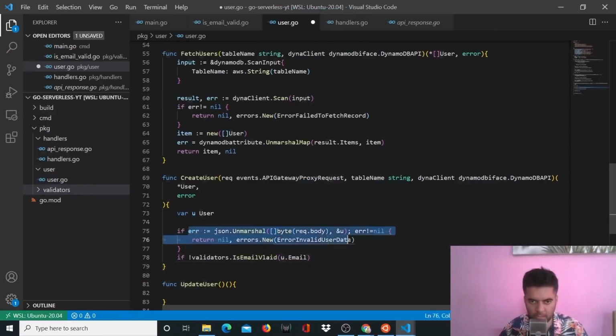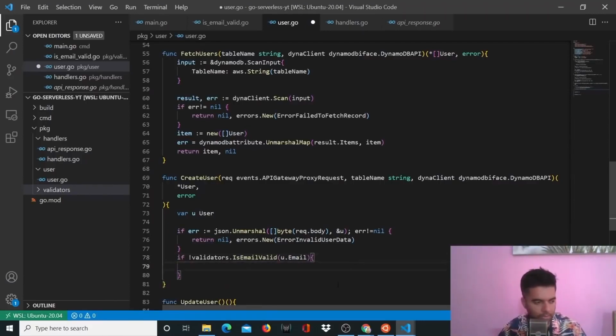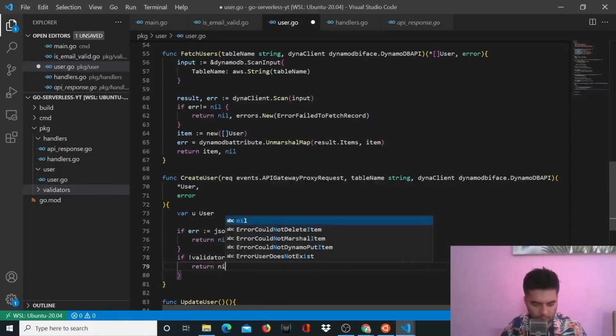After unmarshalling the request body that you got from, let's say, Postman or from the terminal as JSON, you captured that in u. So now Golang can easily understand u because it's unmarshaled, right? It's not JSON anymore. So you can access u.email, and you can run the validation function on it. So here the spelling is wrong. It should have been is email valid, and you'll return nil comma